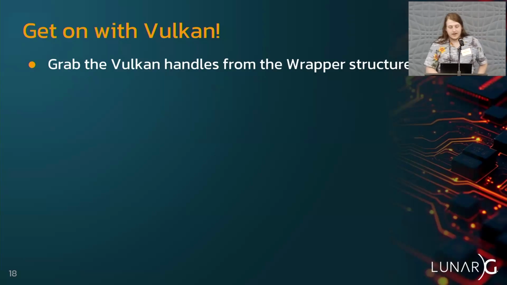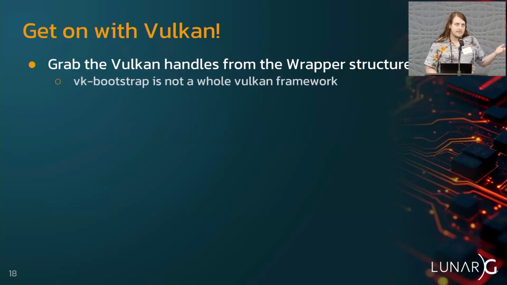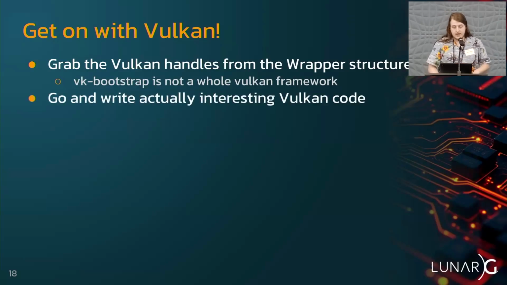Okay. So when you do get on with Vulkan, you just grab the handles out of the structs because they're dumb RAII structs, because vk-bootstrap is not a whole framework. It's not there to do everything for you that you could do. It's there to do what it does and get out of the way and let you do what you want and how you want to do it. The interesting Vulkan code is how it is interesting, and that's tautological, but the design of vk-bootstrap is not to get in your way of writing that interesting Vulkan code. My opinions are mine, and they're going to be solely focused on vk-bootstrap and not try to infect your desires